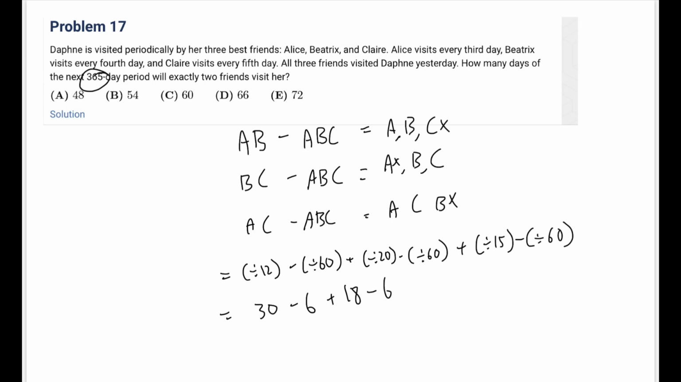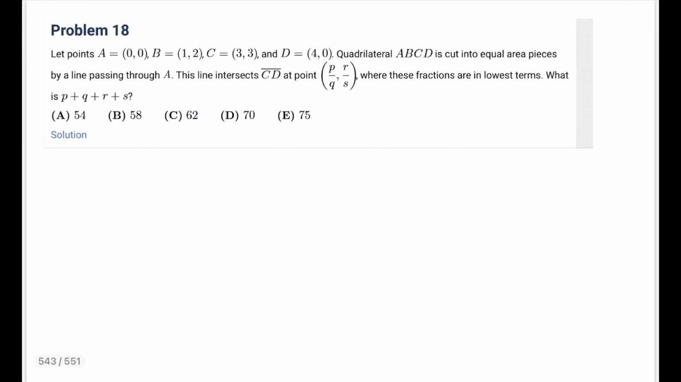And then plus, and then divided by 15 is 365 divided by 15. That is 12 times 2, which equals 24. 24, and then divided by 60, that is 6. So this is minus 6. So this is 30 plus 24 plus 18, and then these three come together, minus 18, so these two cancel. 30 plus 24 equals 54. The answer is B. Number 18, let points A equals 0, 0, B equals 1, 2, C 3, 3, and